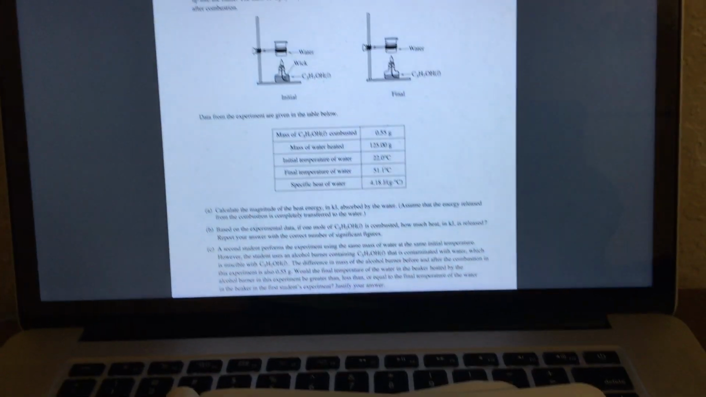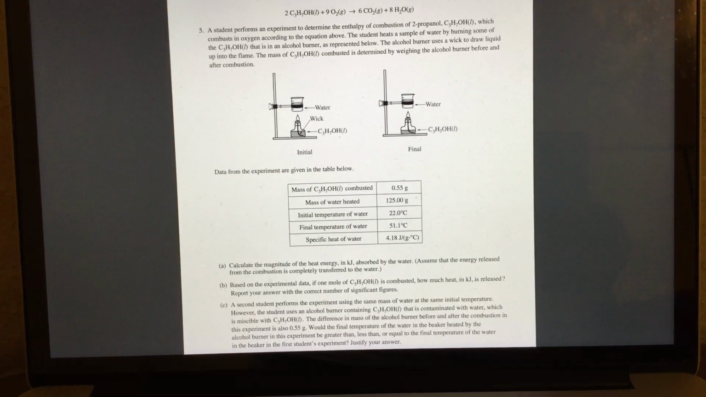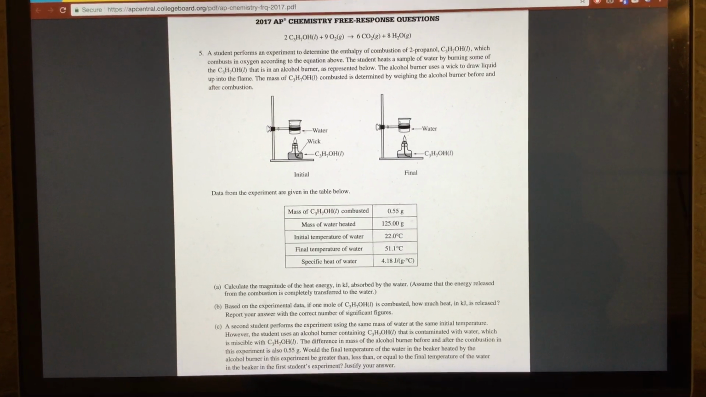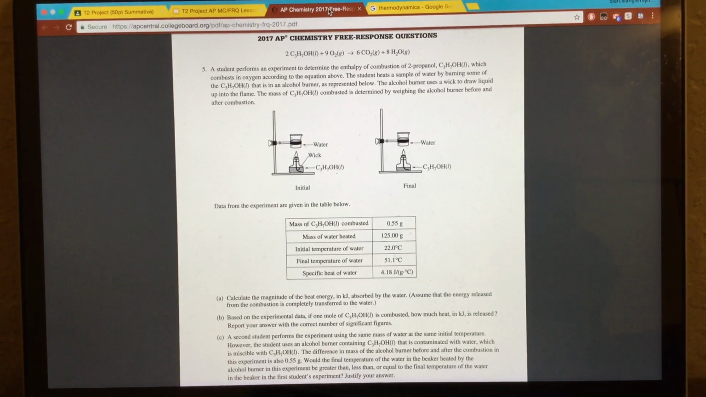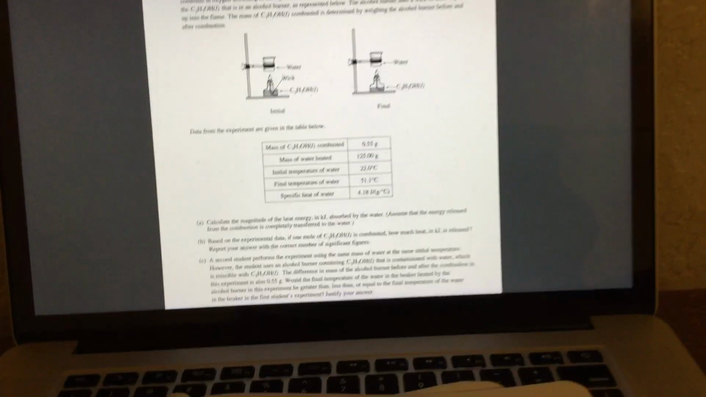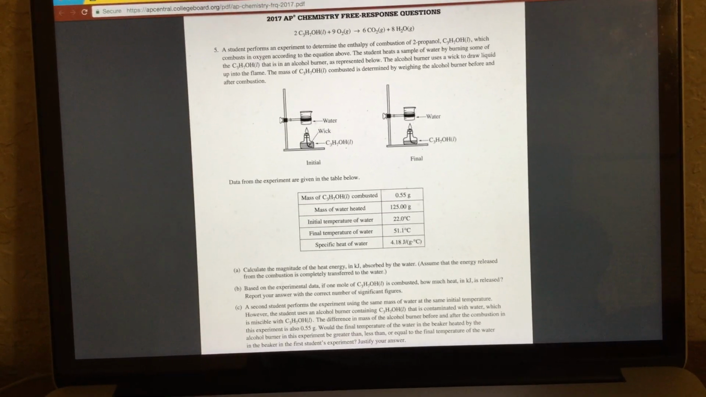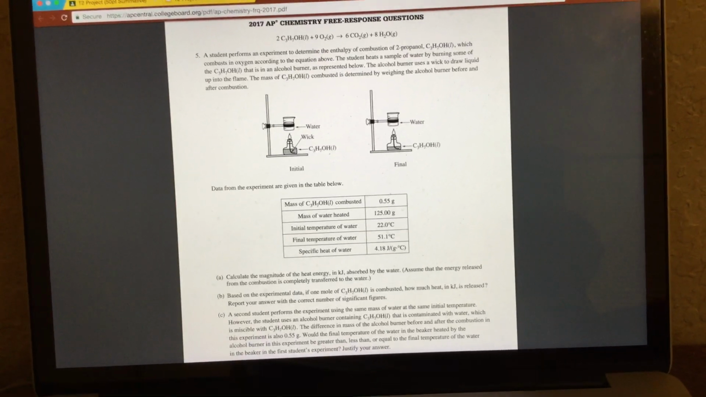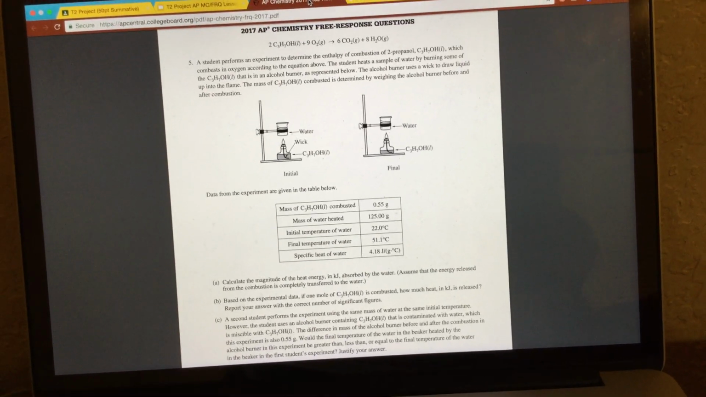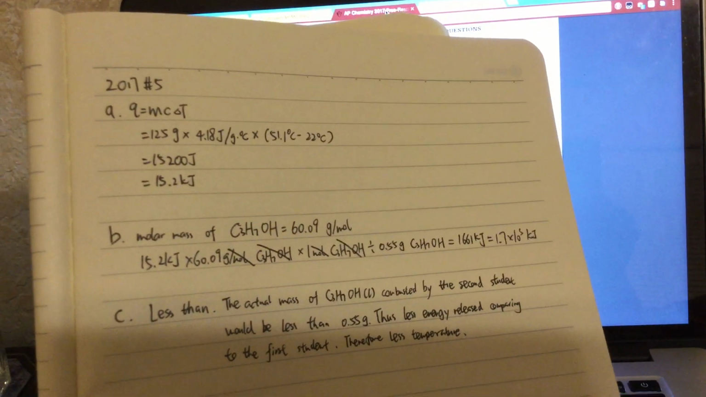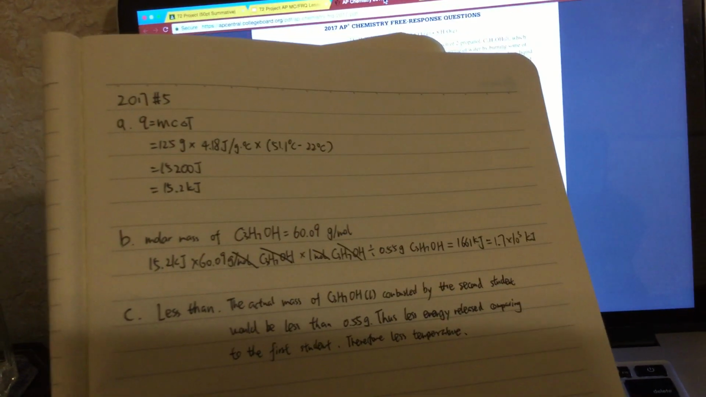Okay, the second question: based on the experimental data, if 1 mole of that is combusted, how much heat in kilojoules is released? Report your answer with the correct number of significant figures. There are two things we have to do in this one. First, we have to find the energy of 1 mole of that, and also we have to convert it to the correct significant figures. So first, we find the molar mass of this compound, which is